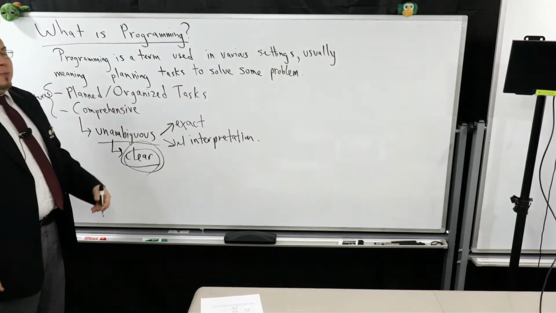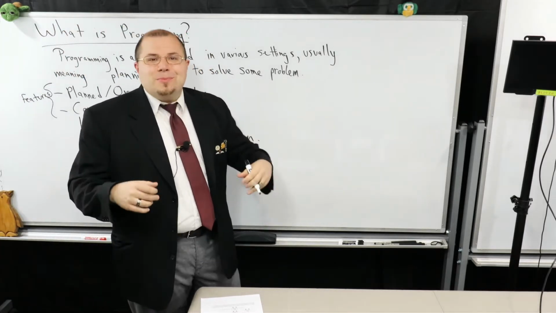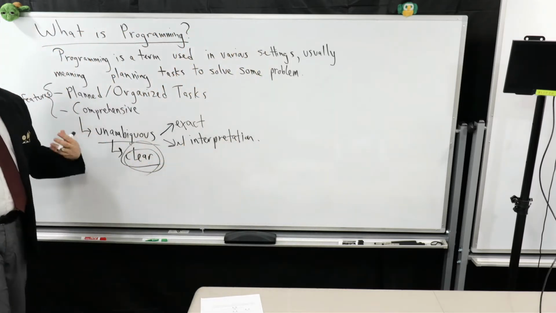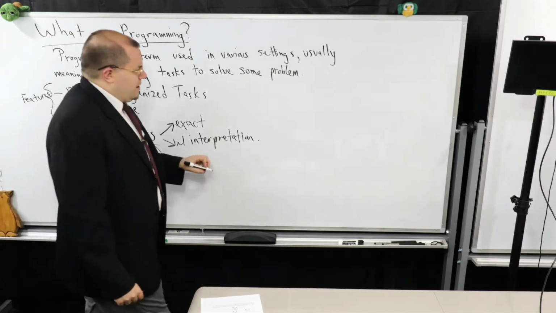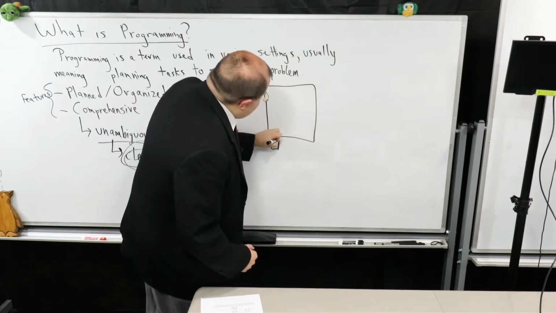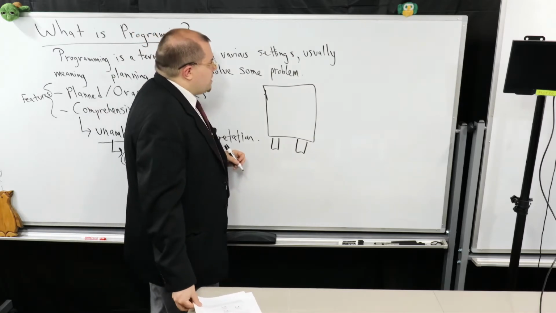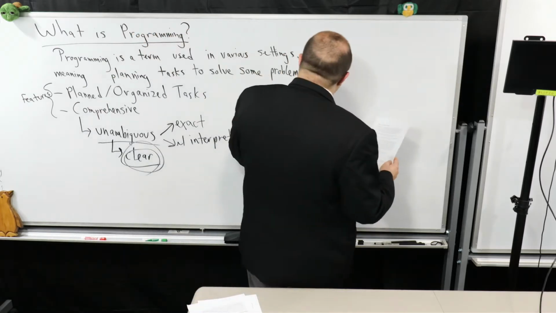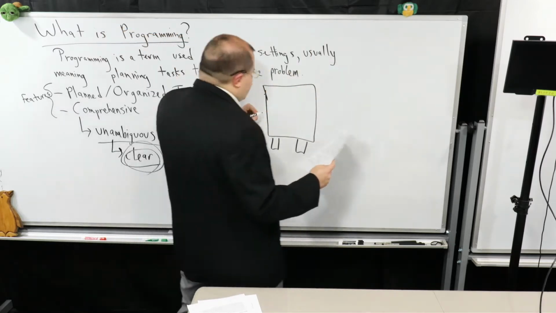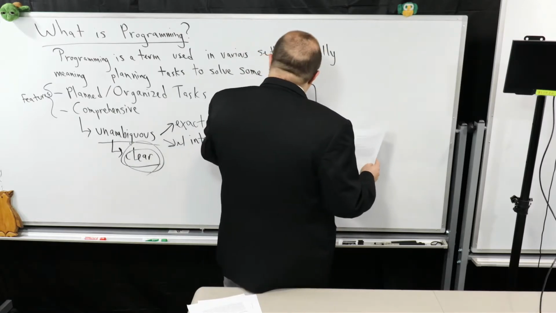So we want to make sure when we do computer programming that our programs, our plans to solve some problem, are clear. I just want to give you an example of what I mean by this ambiguity and the way you can encounter it in normal daily life. I want to tell you a funny story. Imagine you're going down the road, and you see a sign on the road, and it says combat animal rescue.